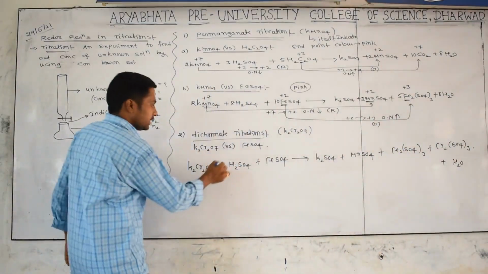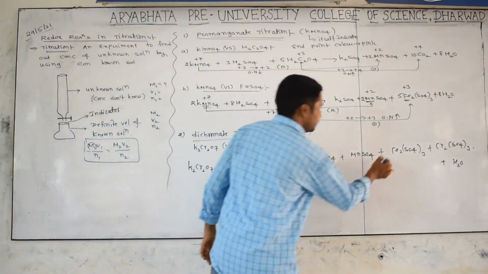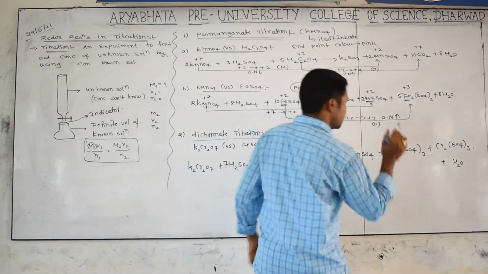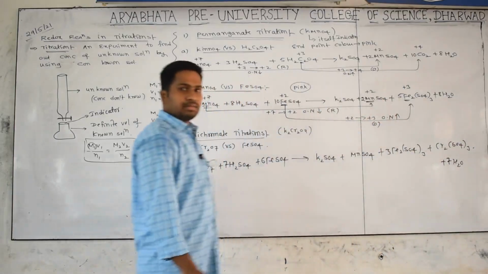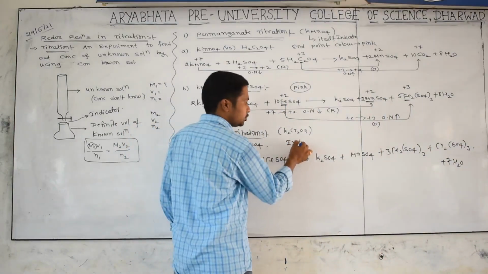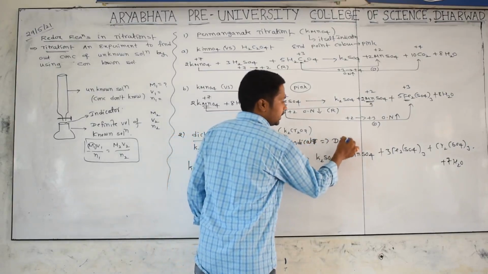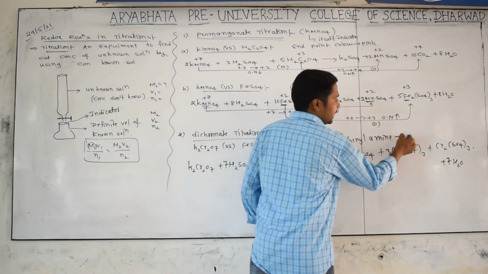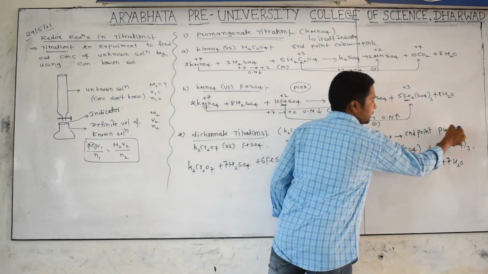Just once you check it. We have to take 3 moles and 2 chromiums as usual, and how many water molecules are remaining? 7. Balanced. But what is the indicator here? That is important. It is not a self indicator. An indicator has to be used. The indicator is diphenylamine, and the end point color is purple.